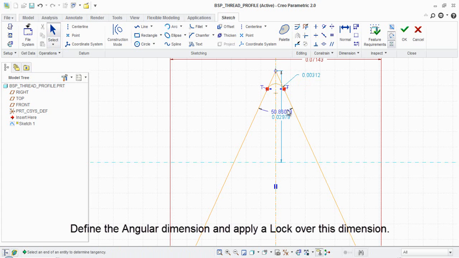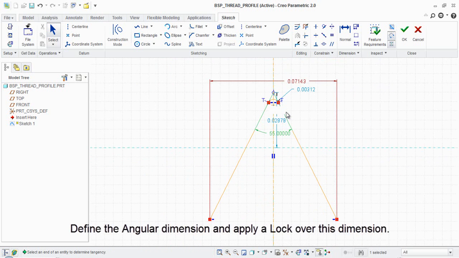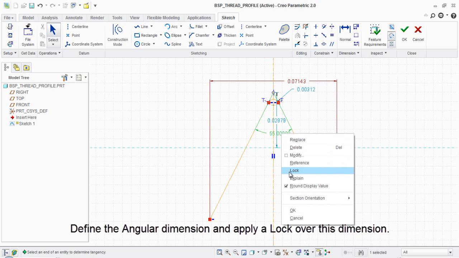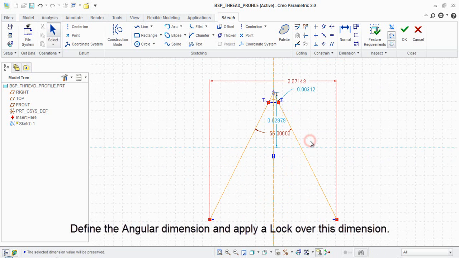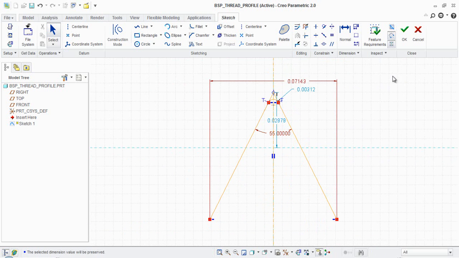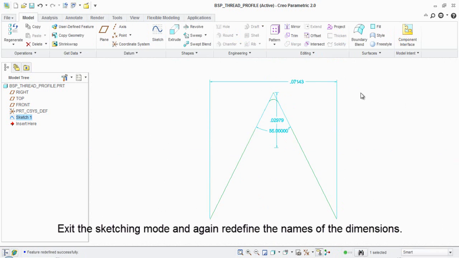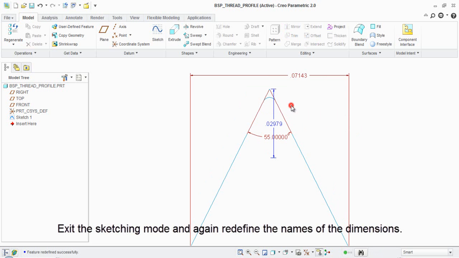Define the angular dimension and apply a lock on this dimension. Exit the sketching mode and again redefine the names of the dimensions.